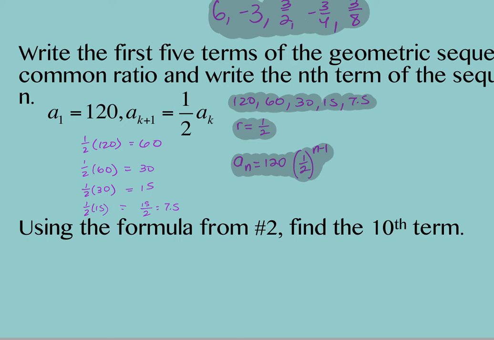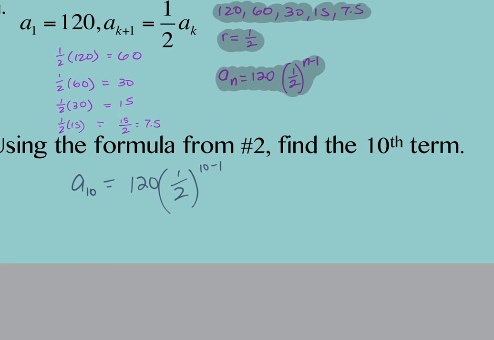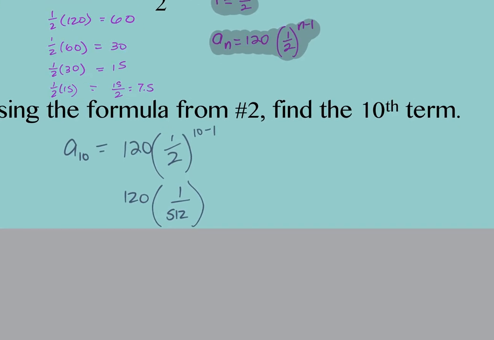Number 3 builds on that. So it says using the formula from number 2, write the nth term. So I'm taking a10, which would be 120 times 1/2 to the 10 minus 1. So 1/2 to the 9th is going to be 1 over 2 to the 9th, which is 512. And then 120 does not go evenly into 512, so start to reduce it. If you even started with just 2, I'd get 60 over 256. I could go again, 30,